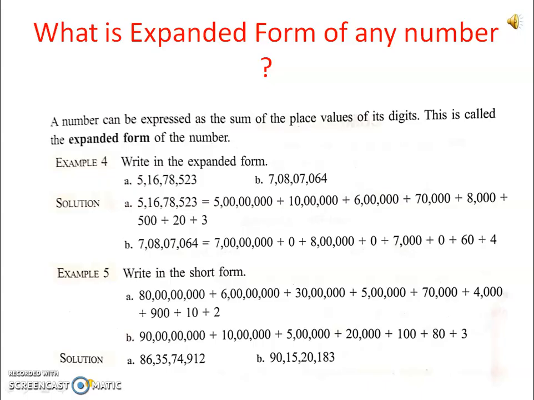The example is here. Write in the expanded form. And the first number is given here: 5,16,78,523. So we have to find the expanded form of this. So for finding the expanded form of this number, we will find out the place value of every digit of this number. So we will write